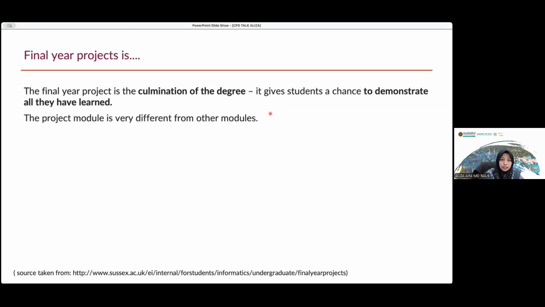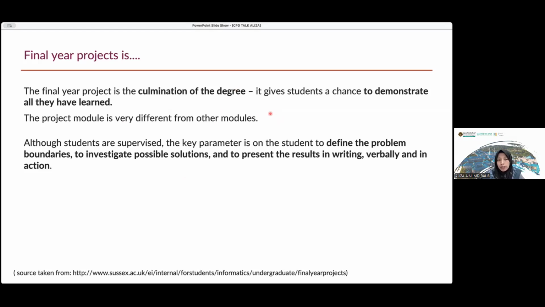Okay, so it is different from other modules where they don't have proper classes. It's what we call informal teaching. So it's actually a type of delivery, but it's between only the supervisor and the students. The subject covers starting from how we define the problems, how they investigate the possible solutions.